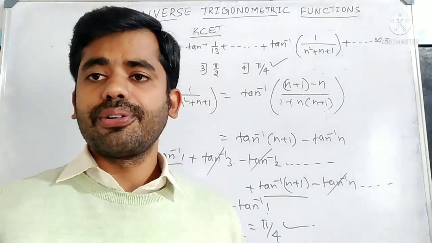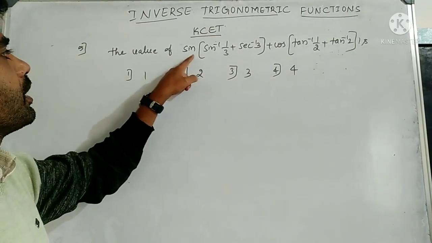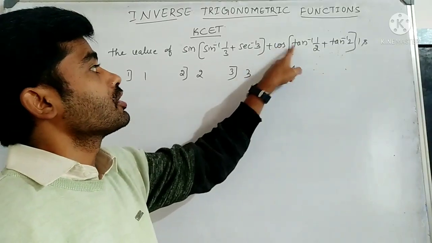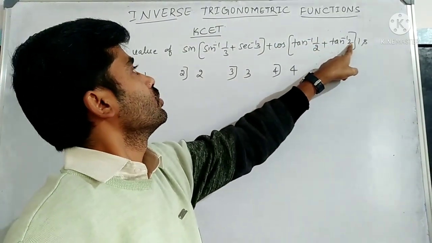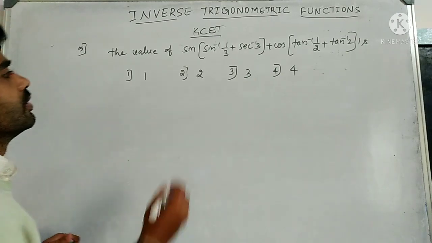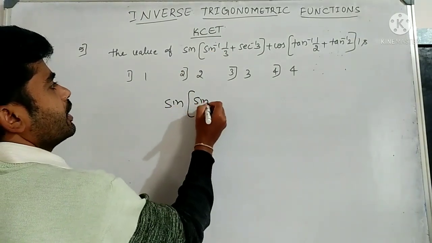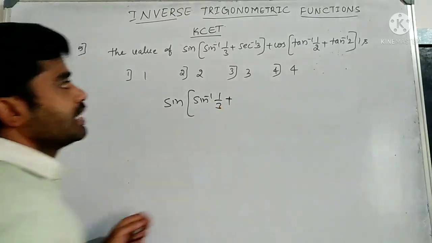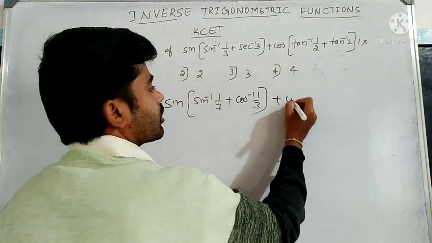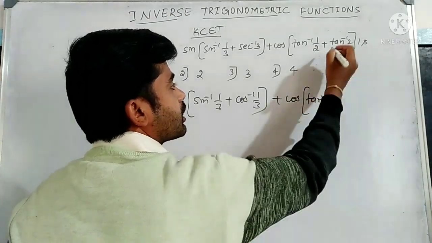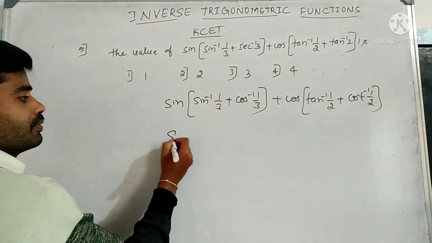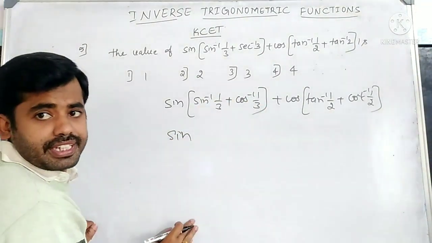Let me move to the next one. Okay, next one. The value of sine of sine inverse 1 by 3 plus secant inverse 3, plus cos of tan inverse 1 by 2 plus tan inverse 2, is what they are asking. Here we can write sine of sine inverse 1 by 3 plus secant inverse 3, whose reciprocal gives cos inverse 1 by root 3. Plus cos of tan inverse 1 by 2 as it is, and the reciprocal of tan inverse 2 is cot inverse 1 by 2. Now this becomes sine of, since sine inverse x plus cos inverse x is equal to pi by 2,